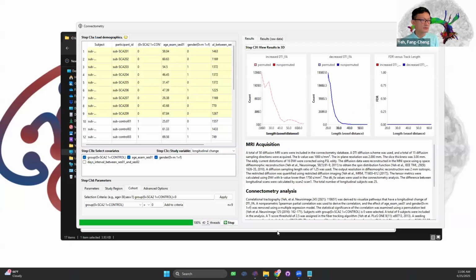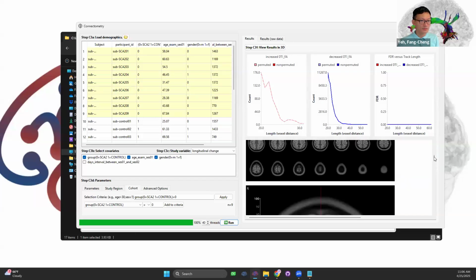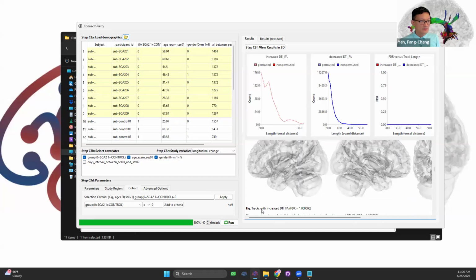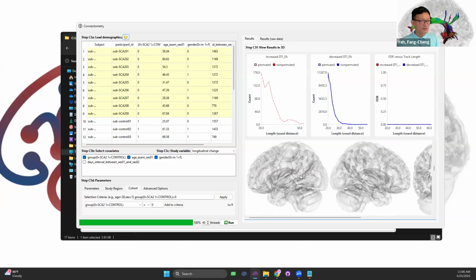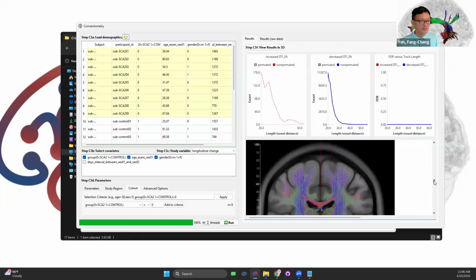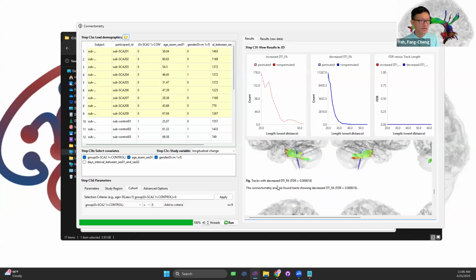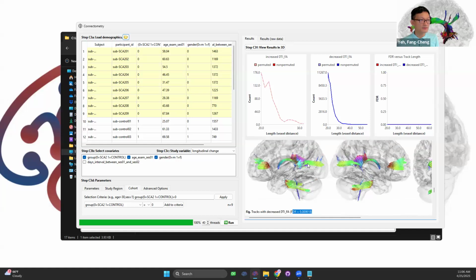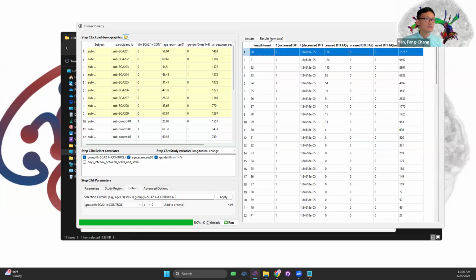reported here. So once this is done, you can look at a report. So track with increased FA, there's none. FDR is just one, so none of the results has increased. And the decrease is a lot. The FDR value is showing up. So you see a lot of regions, not only the one in the brainstem, but other regions also have degeneration beginning. And right now, if you look at the FDR table, you can see what I mentioned,